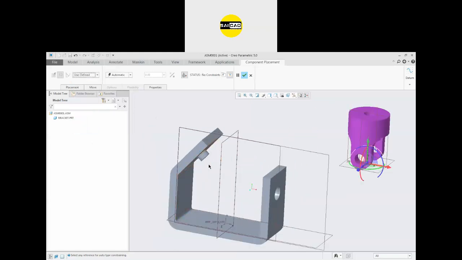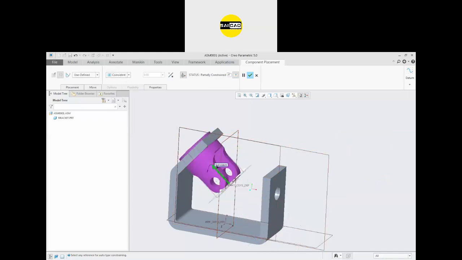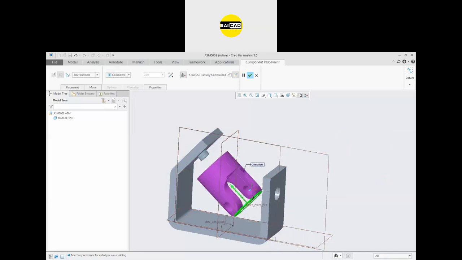So right now, I just want to make it fixed. So you can select this face and select this face. It will automatically define that these faces are constant. So you can see it will now be movable like that, and it can be rotated like that.